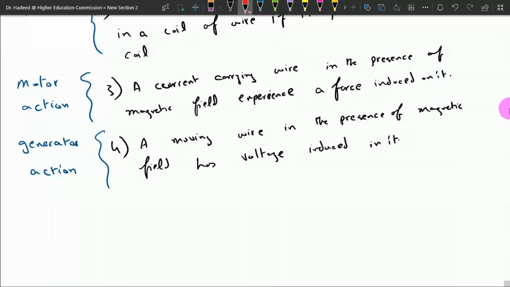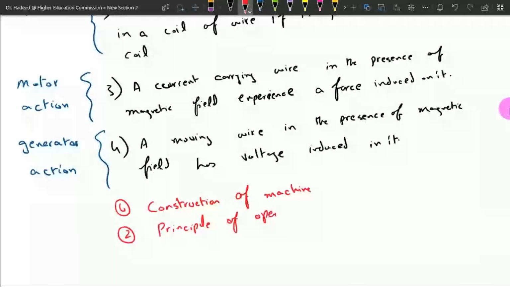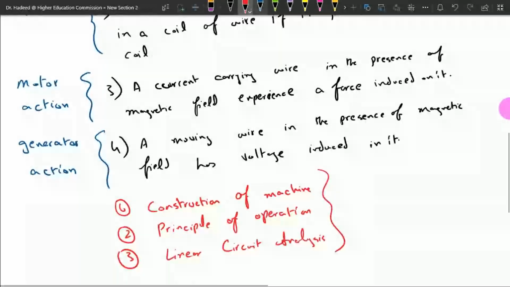So the understanding of electrical machines requires, number 1, the construction of the machine, number 2, principle of operation, and number 3 is linear circuit analysis. As far as this particular course is concerned, understanding of these 3